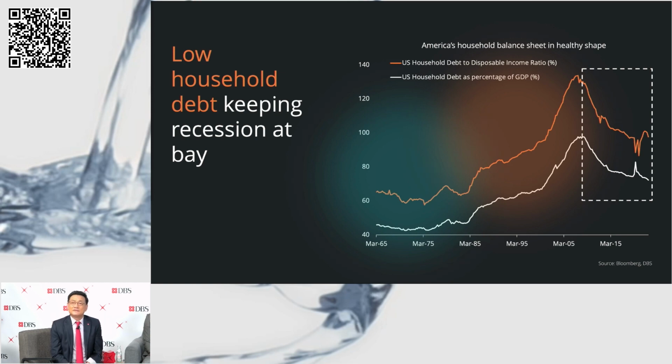Another reason why we believe there is a soft landing in the US is that US households are in much better shape when compared to when they were in previous downturns. And because US GDP comprises some 70% consumption, the relatively stronger financial health of US households will support economic growth to the extent that a hard landing or a deep recession is really not our base case scenario. Hence, we advocate for investors to be engaged with risk assets of bonds and equities.